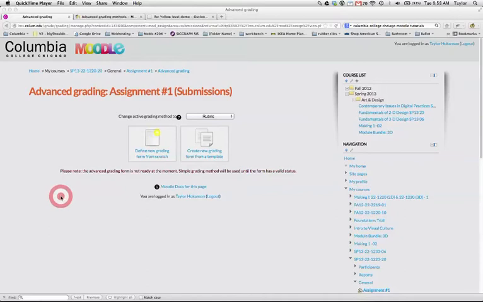In the previous video, we created a new assignment, and then we said the grading method would be rubric. Now when I save the assignment, it automatically pops up this window, so let's talk about how to define our rubric. We've got two options here: define a new grading rubric from scratch or create a grading form from a